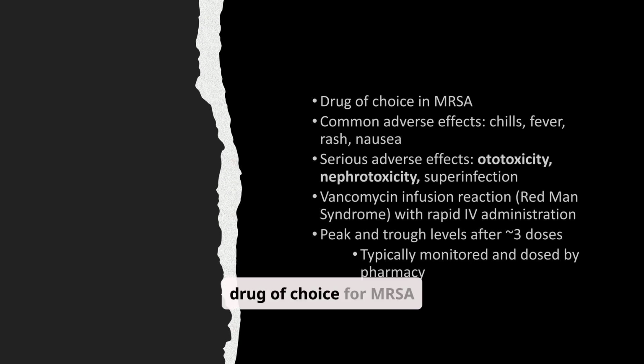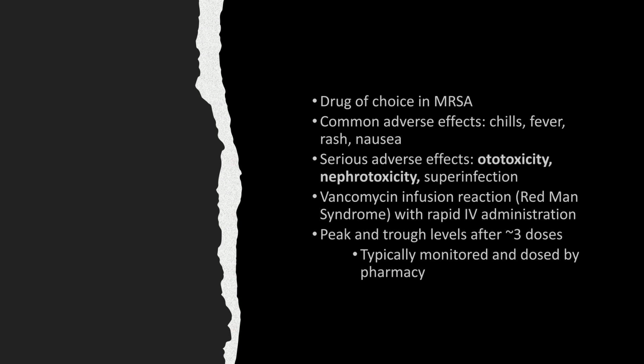Vancomycin is the drug of choice for MRSA infections. Monitor peak and trough levels. Be aware of the risk of Redman syndrome with rapid IV administration. Monitoring peak and trough levels is critical to avoid nephrotoxicity, kidneys, and ototoxicity, ears. Trough, collected just before the next dose,